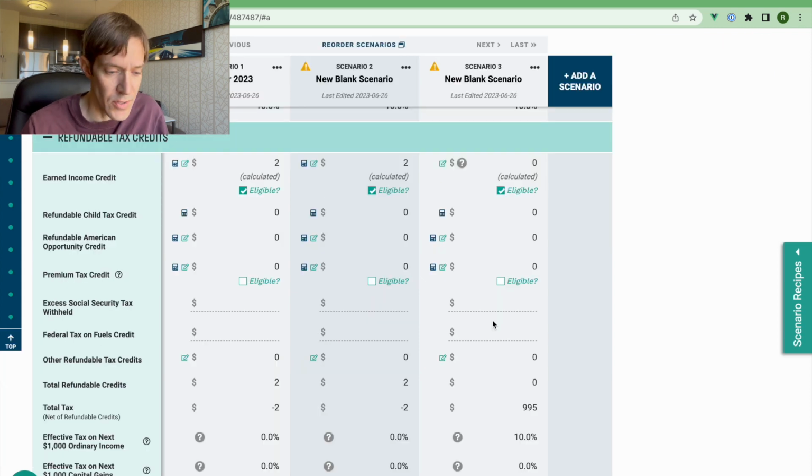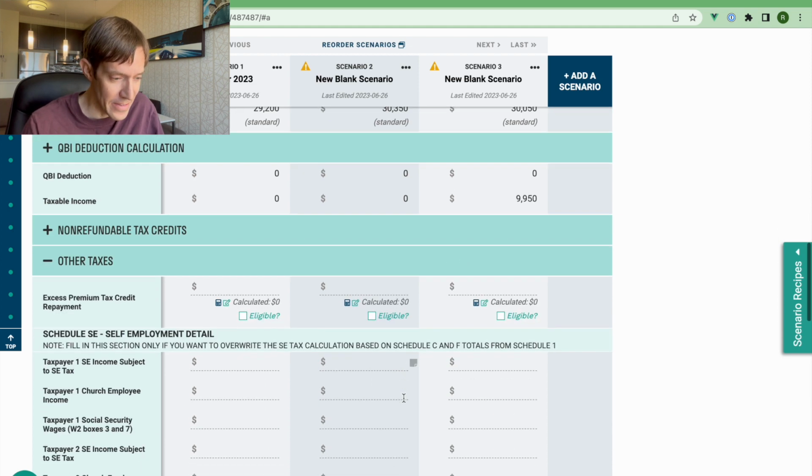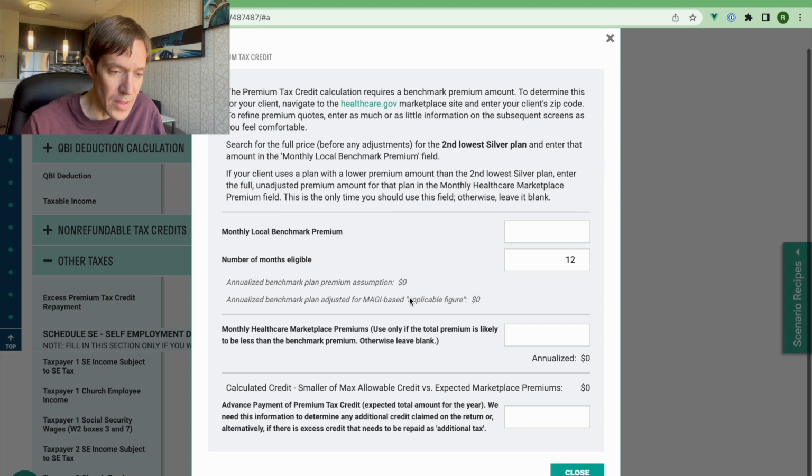The second thing we did was to the premium tax credit, or alternatively, depending on if you had a credit or you had to pay back, the excess premium tax credit repayment. They both go to the same modal. This is the Obamacare